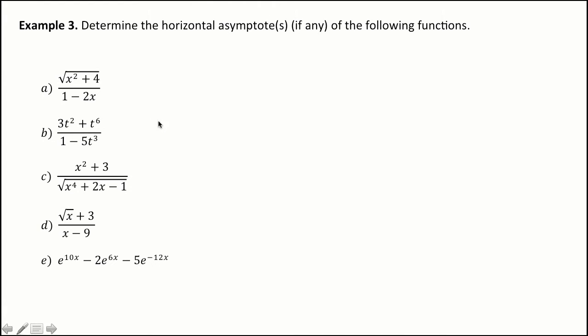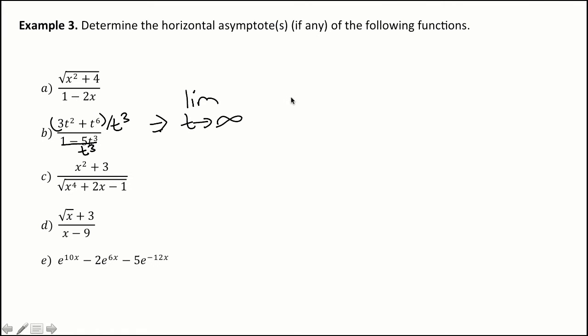Okay, so for part B, we look at that. We don't have any radicals, so we don't have to pull out anything out of the radical. We just have a basic fraction with polynomials. So we're just going to pull out whatever the highest power is in the denominator, or divide it off, same thing. So we're going to divide by t to the third. So divided by t to the third, divided by t to the third. Okay, so limit